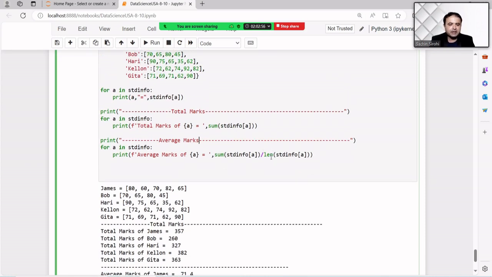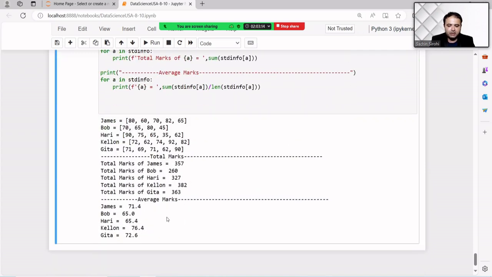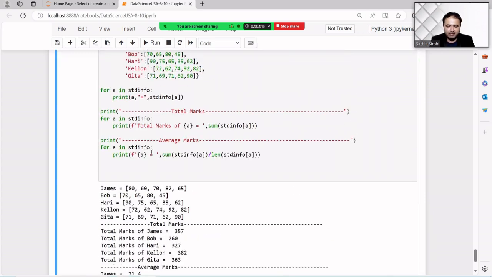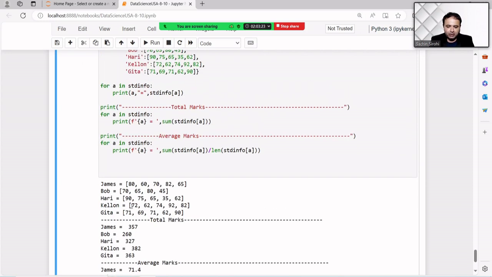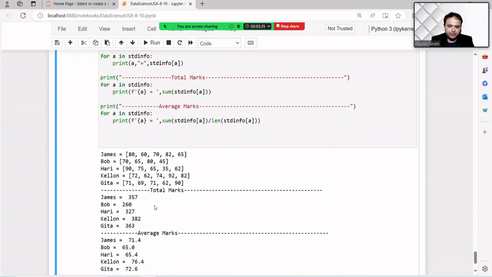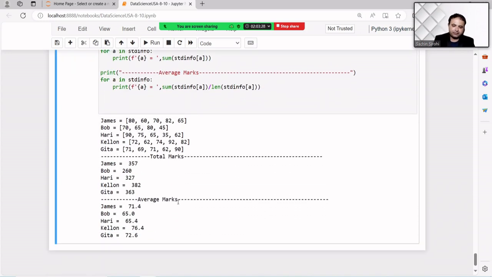No, actually, the length is an inbuilt function in Python. It will automatically calculate the length. Otherwise we have to write the manual logic, so now the logic becomes so lengthy. So it is the average marks, and it is the total marks. You can see now